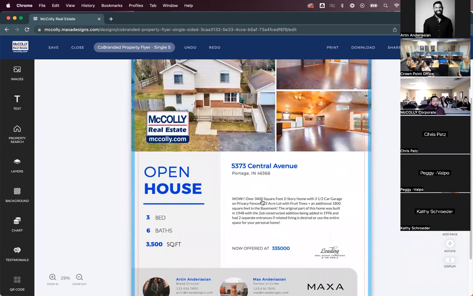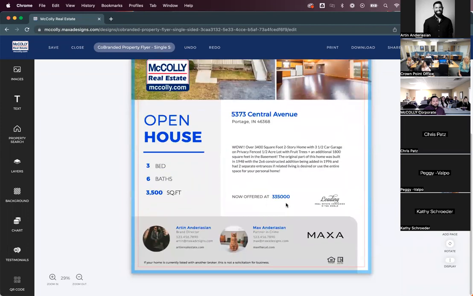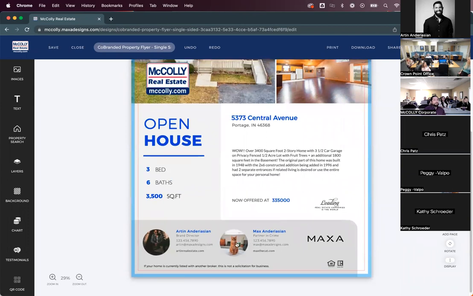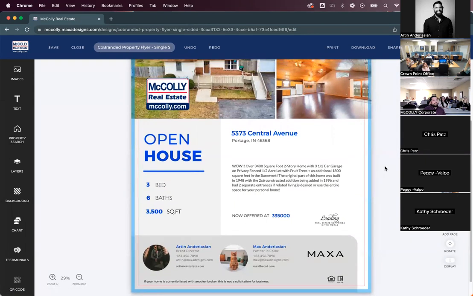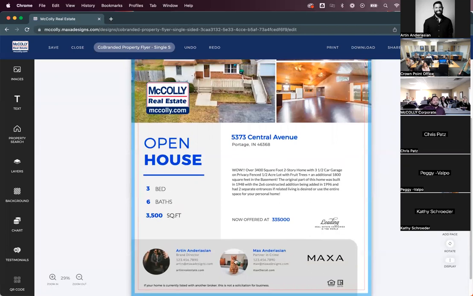So first thing I want to show you guys is the ability to swap out photos. Starting with my partner's headshot. Let's just say my partner reaches out to me and they say, I have a new headshot that I want to use moving forward. There's a couple ways you can go about that within the system. Number one, you can always just access their partner profile that you've built out for them and just upload their new headshot there. But then in the designer, it is super easy to just go in and swap out all